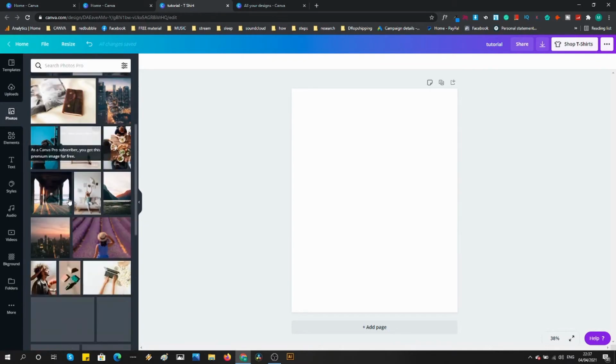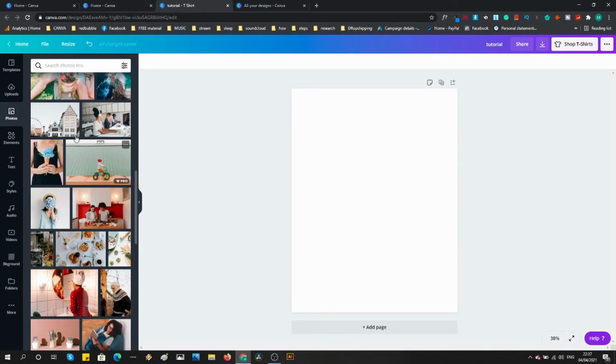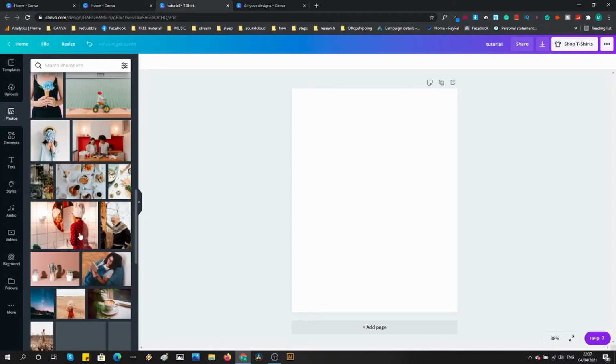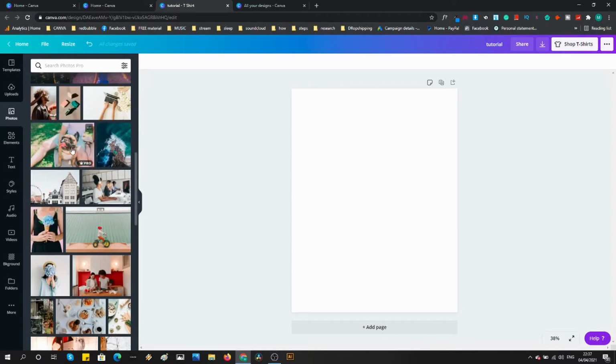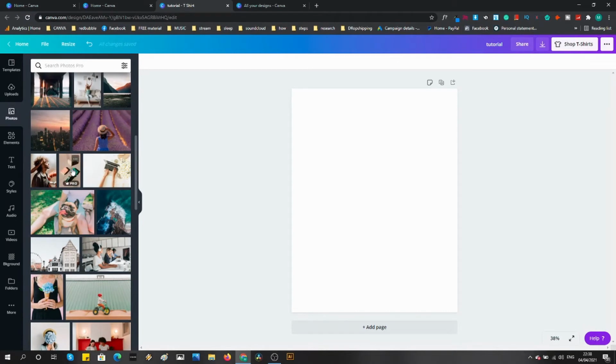Next one down is photos. This is where you find only photos. Now what I have to say is that these photos are all free to use in Canva. More specifically, they are royalty free, so you can actually use them for commercial purposes. Also, I want to mention a big